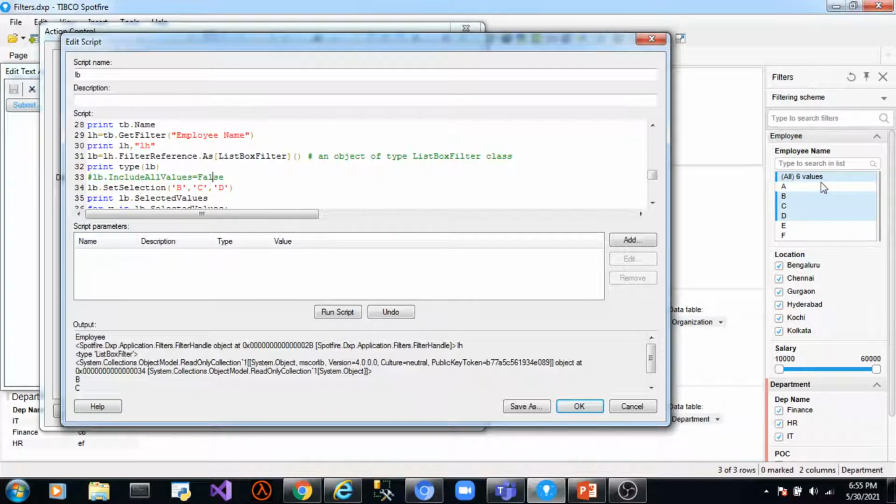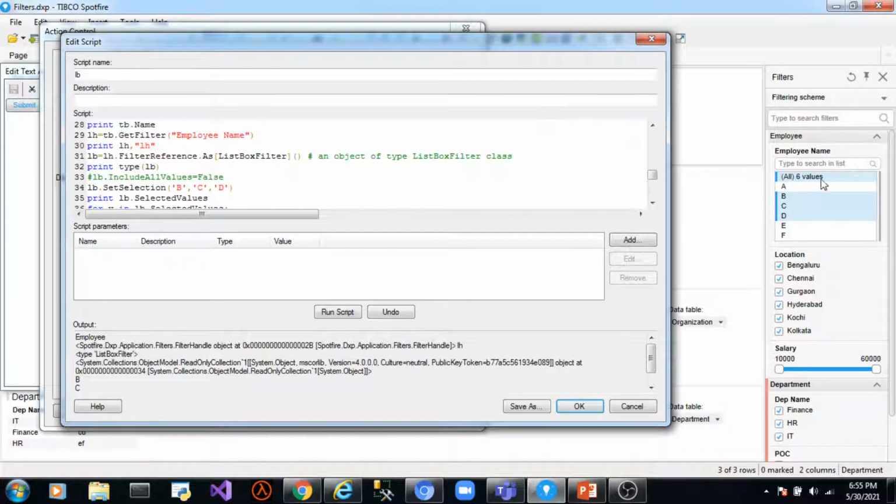I repeat, if you want the All value to be selected along with the other filters that you have passed in the SetSelection method, you can leave out setting this property, because by default it will be selected, or you can set it to true.